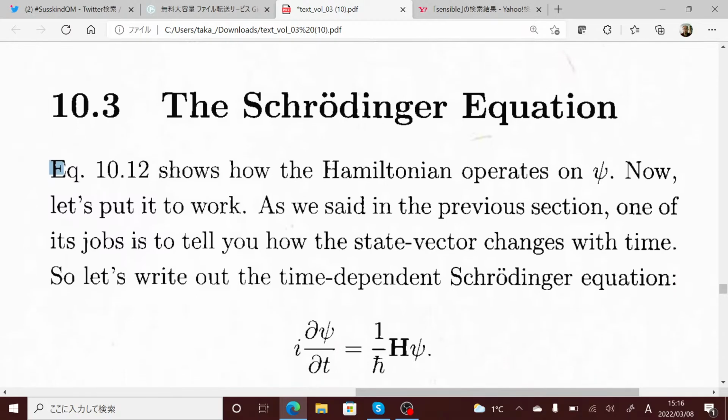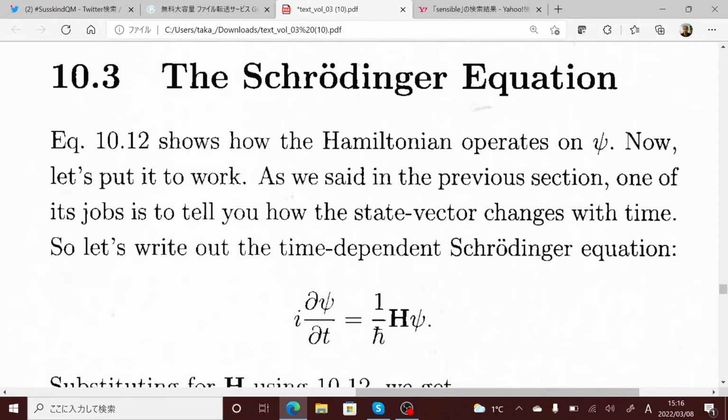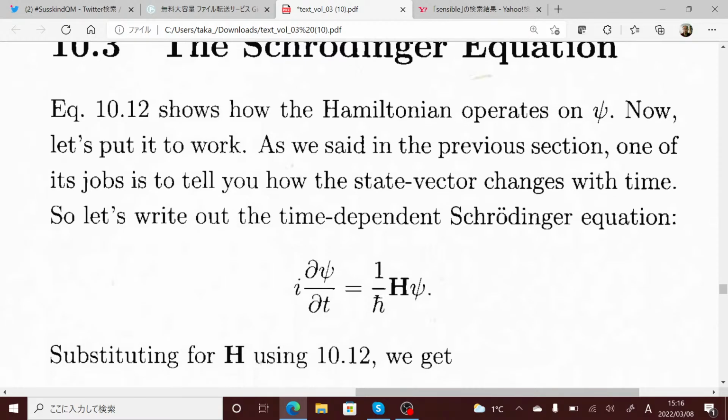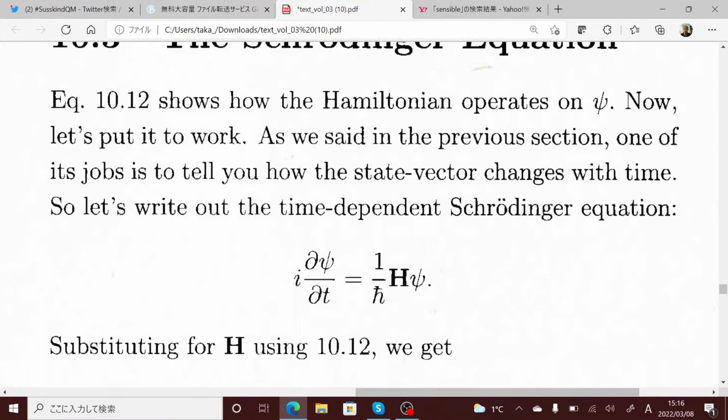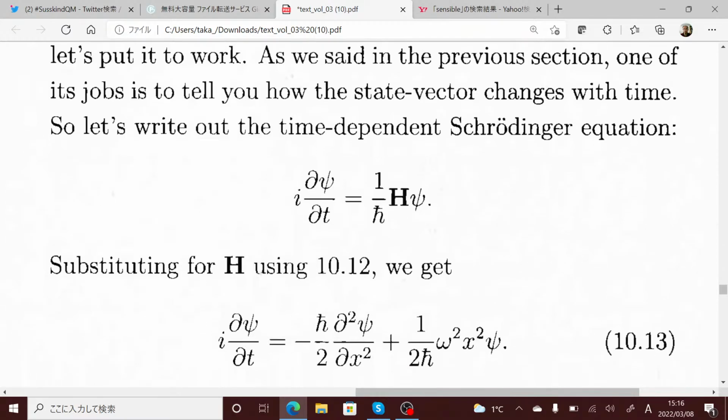Section 10.3. The Schrödinger equation. Equation 10.12 shows how the Hamiltonian operates on psi. Now, let's put it to work. As we said in the previous section, one of its jobs is to tell you how the state vector changes with time. So let's write out the time-dependent Schrödinger equation,